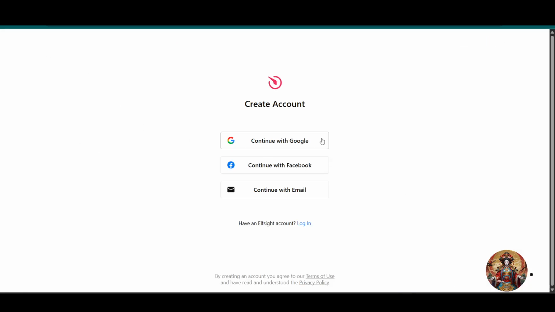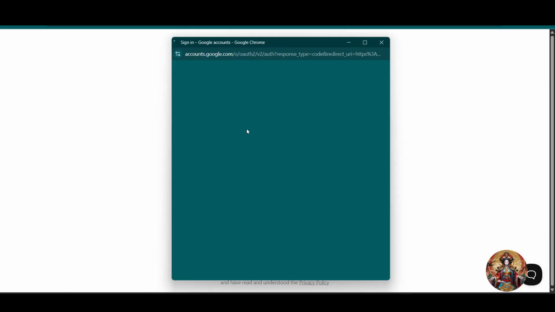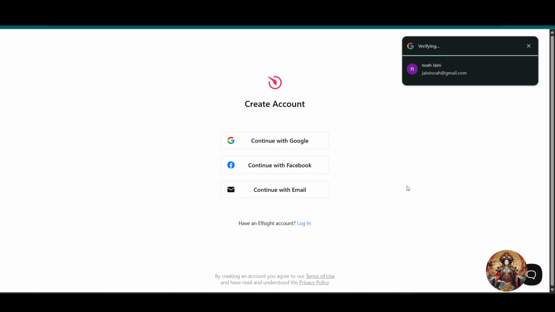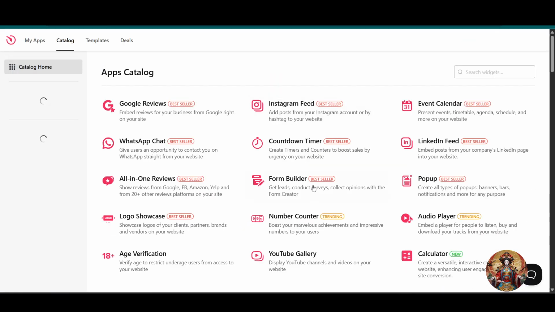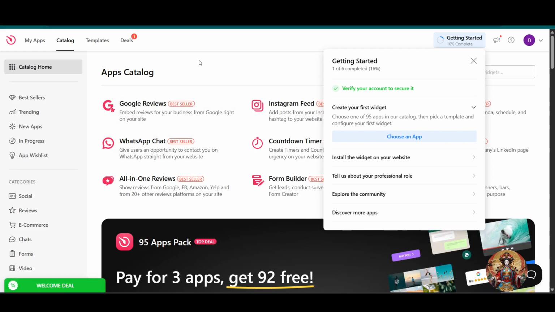Now it will take you to the sign up page where you can sign up with your Google account. Just simply give access to your Gmail. So I think we have successfully logged in to LSAFE. So as you can see here, now